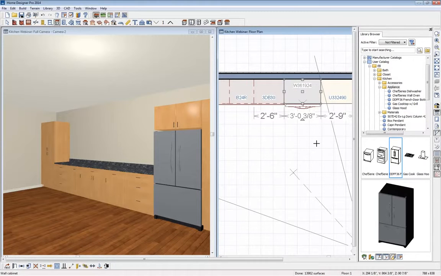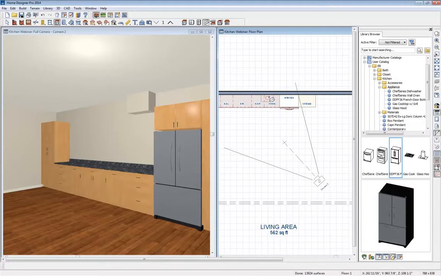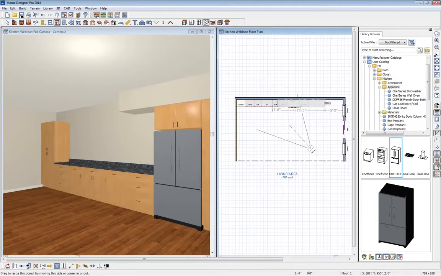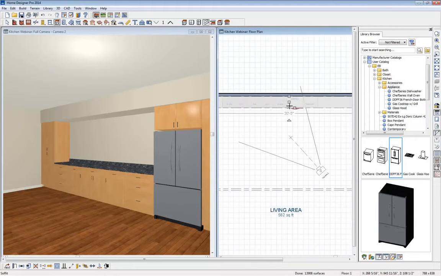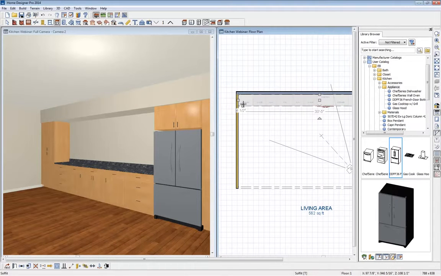And there we are. Okay, so we do need a finished look across the top, so I'm going to drop in a soffit. So we'll use our soffit tool and just drop in our soffit. So this will automatically locate to our ceiling, and I'm going to just resize it and drag it out. So I'm going to zoom out and drag it out. Okay, so now that we have that configuration,